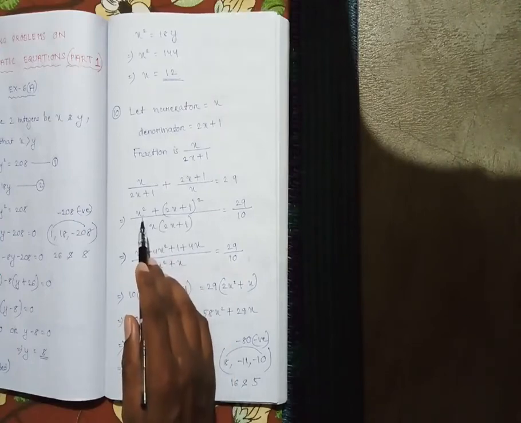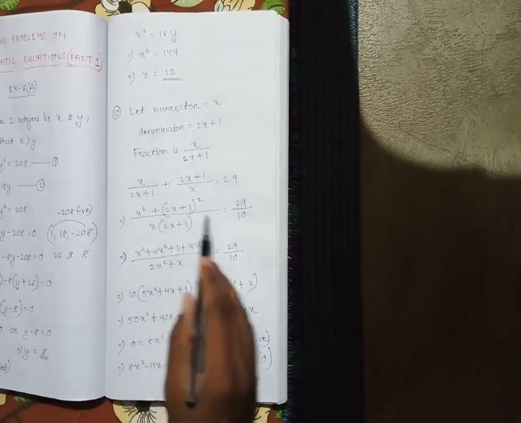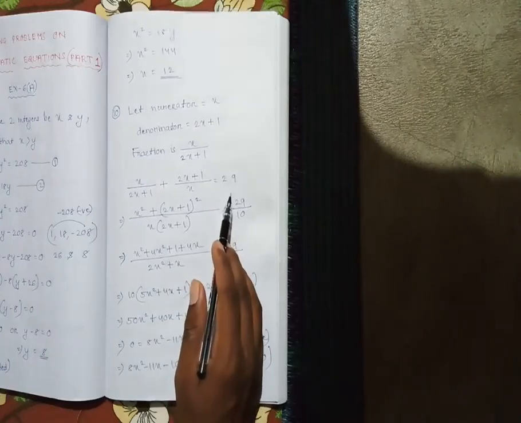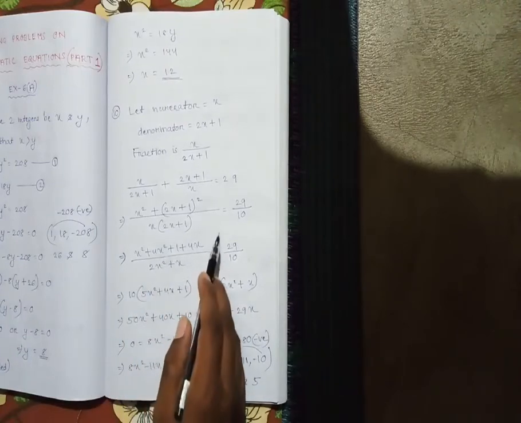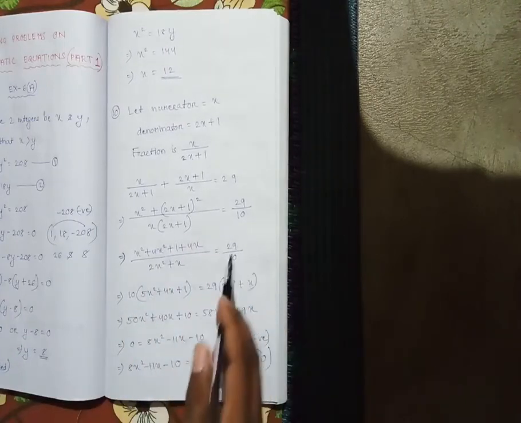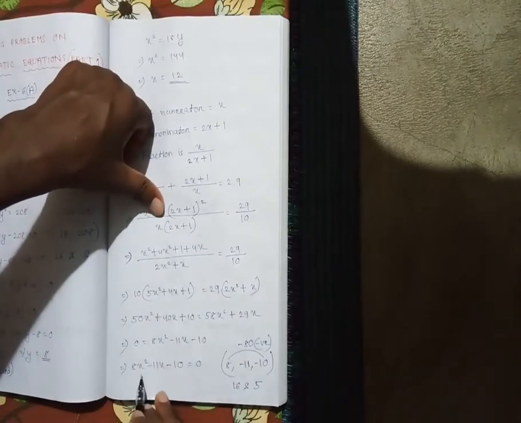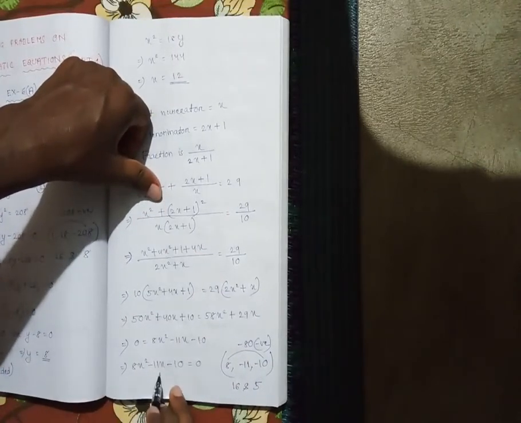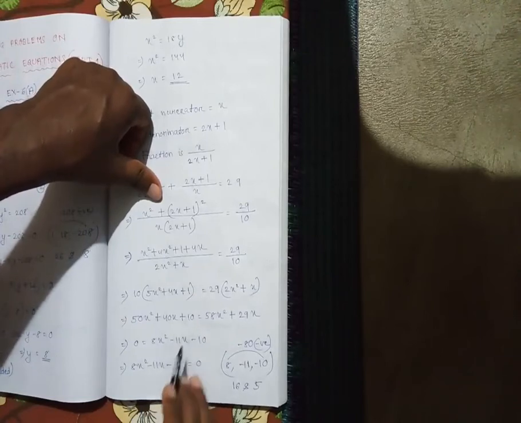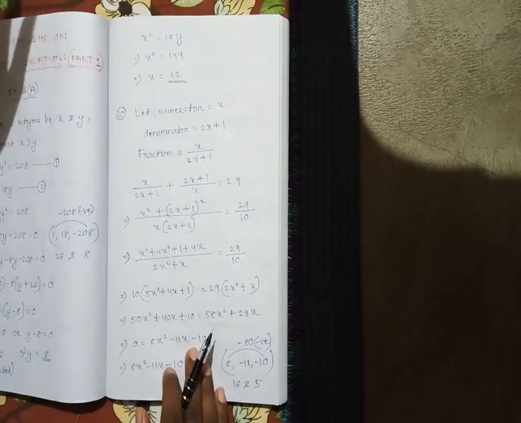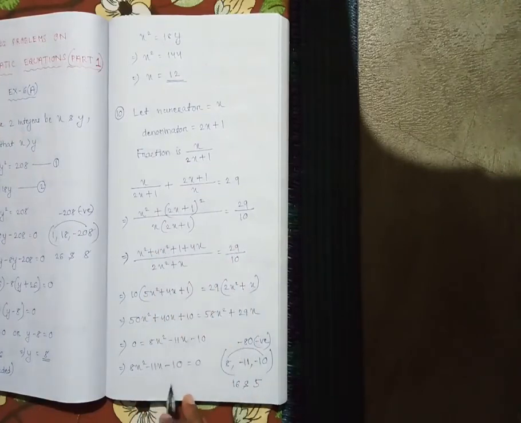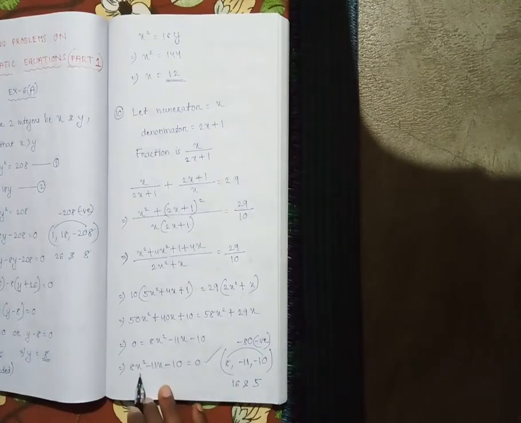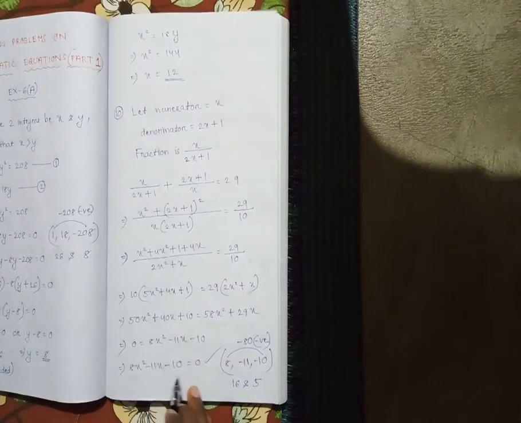Then in the numerator we will get x square plus 2x plus 1 whole square, which is equal to, removing the decimal, 2.9 can be written as 29 by 10. So on simplifying this equation we get 8x square minus 11x minus 10 is equal to 0. Anyhow you have to get the quadratic equation in its standard form. The earlier ones are not in standard form. This one is in standard form. So the quadratic equation to be solved is 8x square minus 11x minus 10 is equal to 0.